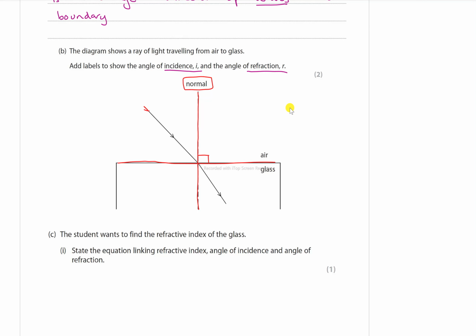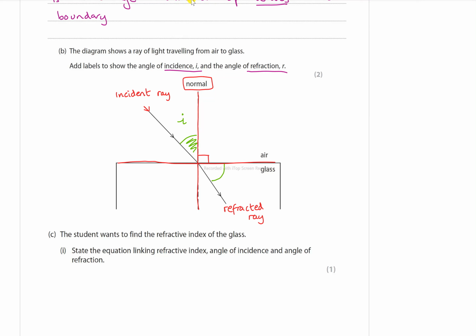This ray coming in is the incident ray. This ray that's being bent is the refracted ray. You always measure the angle to the normal, so it's this angle we're interested in. So this is the angle of incidence,